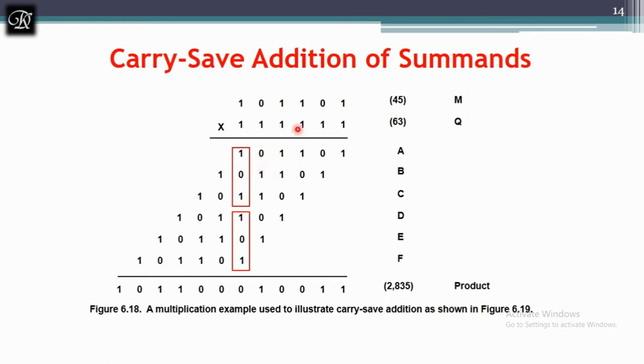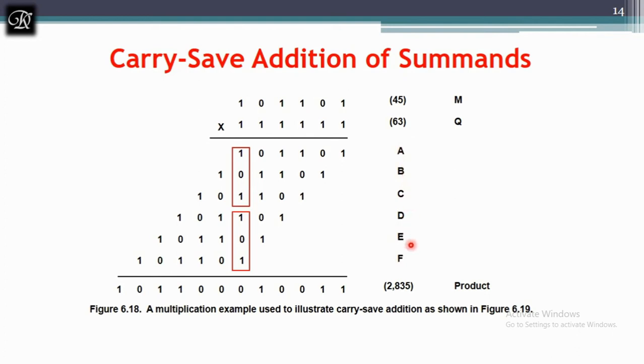Now first take up the number 63, which means all 6 bits will be 1, and 45 means 101101. Now take 45, multiply with 1, I'll be getting 45. Just like the school day technique, I'll be multiplying through all 6 stages, getting each partial product. To explain, I am naming the first partial product as A, the second one as B, third one C, fourth one D, fifth one E, and the final one F. So these are all the partial products at each stage.